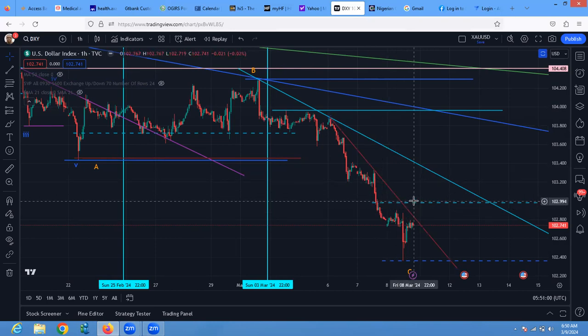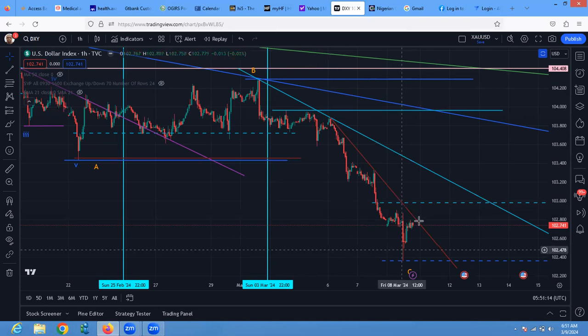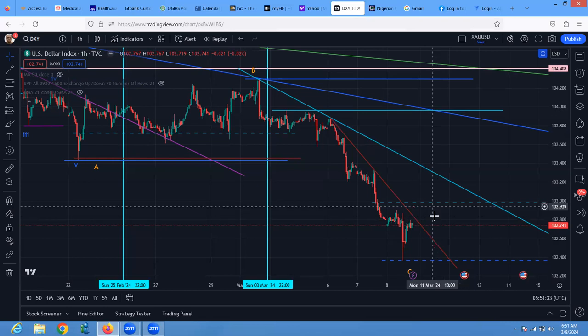So are we now doing a 4, a big 4? But once it crosses beyond what a 4th should be, then you should know that this old wave has done its course, and you can now begin to look for 1, 2, 3, 4, 5 of the wave, and see how you now get an ABC correction for further downside. Because now you don't want to pick a sell anywhere here except you know what you are doing. So if it gives you an ABC correction around this area without breaking here, and you have a sharp turn to the downside, you can probably look for a short, sell to the downside,